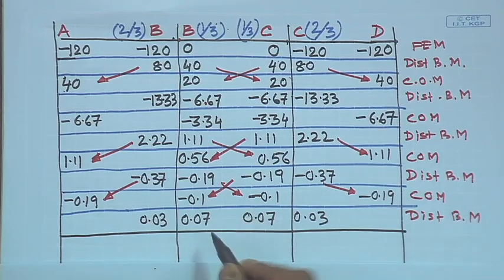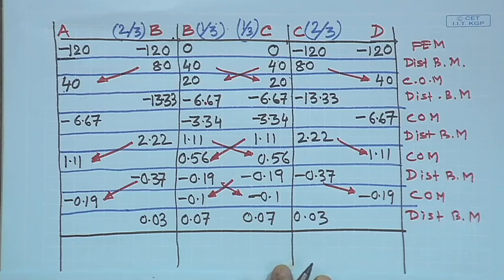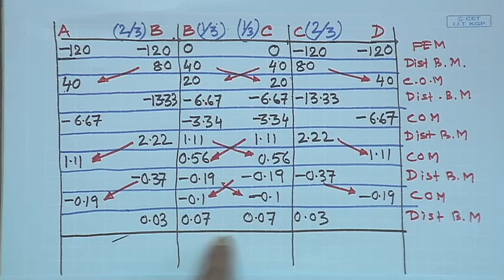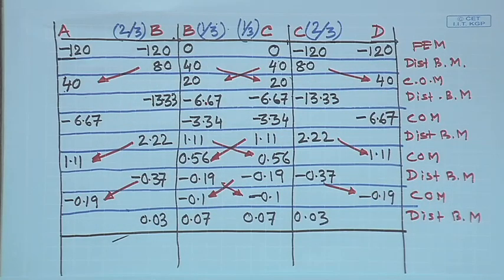You can continue, 0.07 is the unbalanced moment, then again you can apply a similar distribution, get the carryover moment, and then check again. You can continue till you get the value 0, but it is a reasonably smaller value we have obtained compared to the fixed end moment we started with. So, the final results are now minus